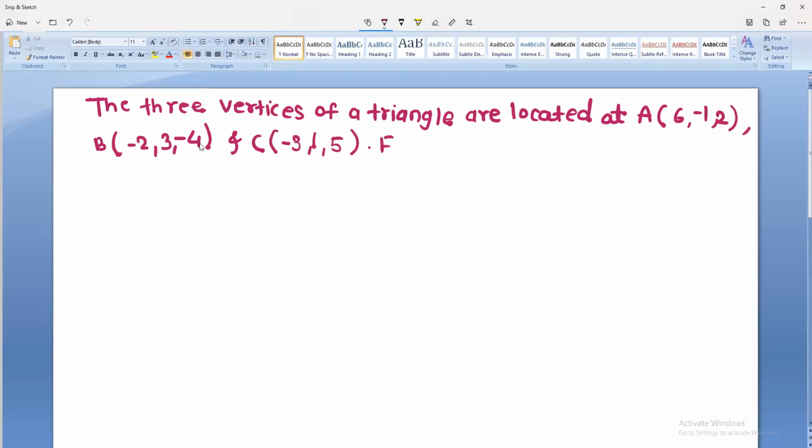Find A is R bar AB, B is R bar BC, sorry, R bar AC, then C is the angle